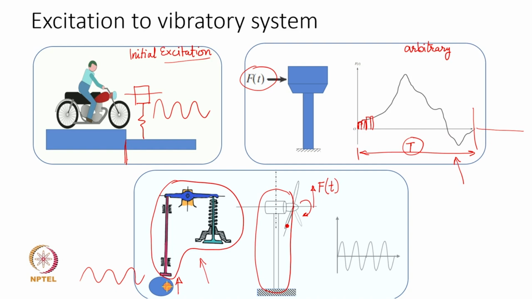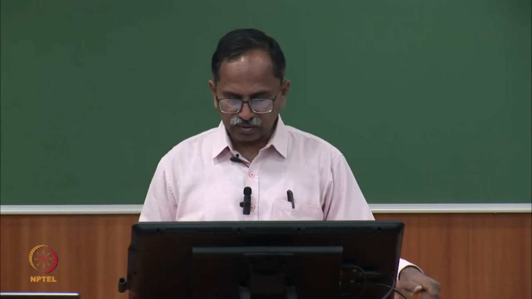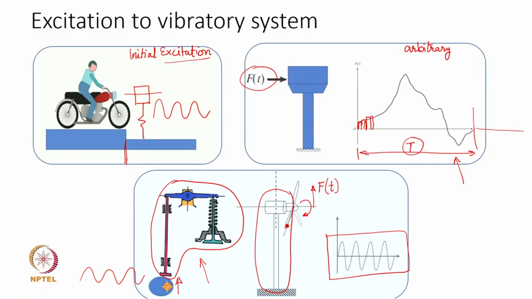Okay. So, I hope it is clear now, the initial excitation case, the arbitrary or transient excitation case, and now finally, we are migrating to a more realistic and more commonly observed excitation source, which is a time dependent sustained excitation function. Now, out of those sustained excitation functions, the most common one and the easiest to address is the harmonic one. Okay. So, something which is given by f sin omega t or f cos omega t.